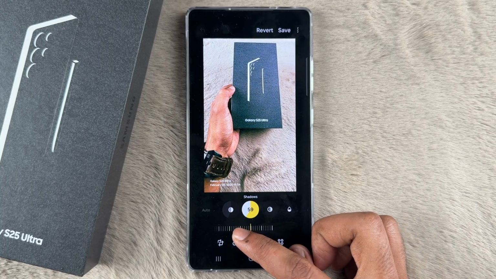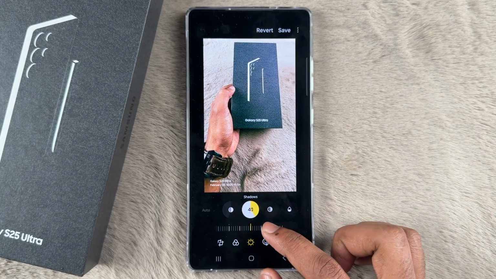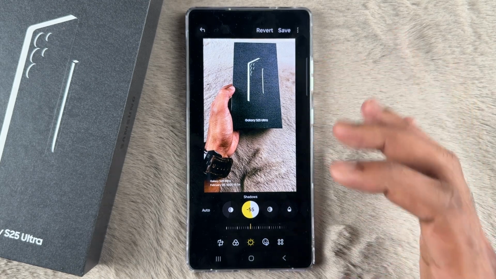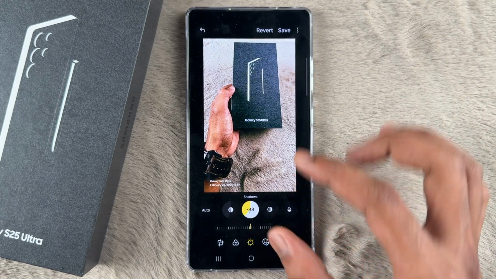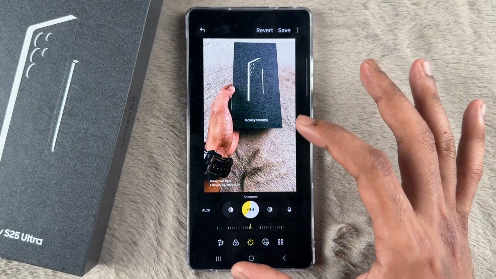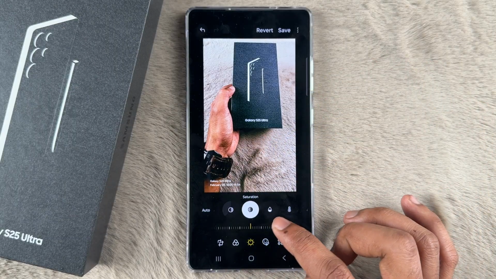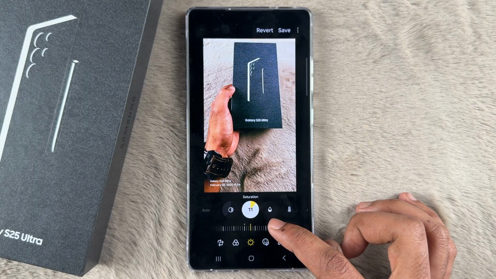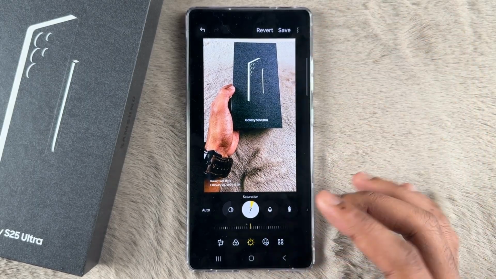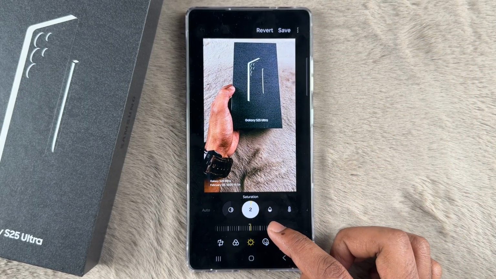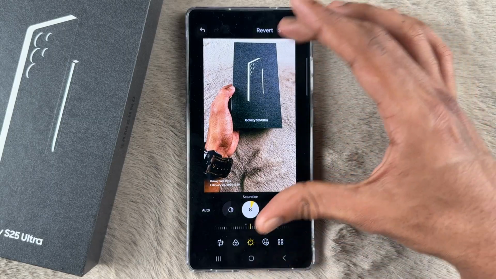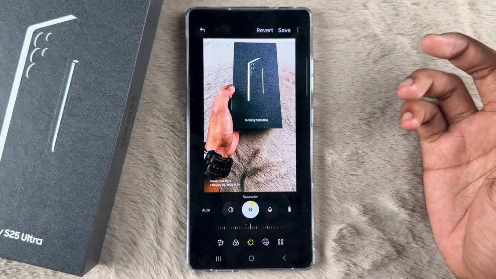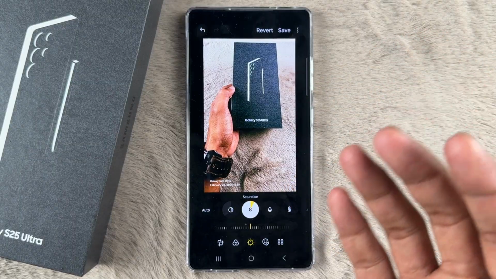If you increase it, it will give you much whiter color, and if you decrease it, it will increase the shadow color, the dark color on your image. And saturation will help you to increase the color of the actual image. If you want to make your image more colorful, then saturation will help you to increase all of the color that you have on the image, like red color, black color, white color, gray color, green or purple,